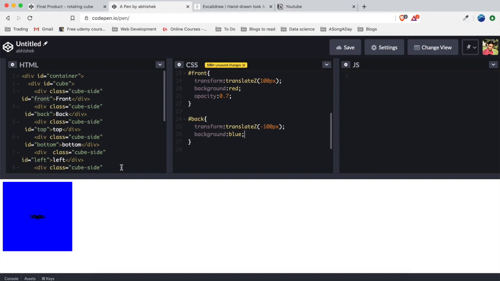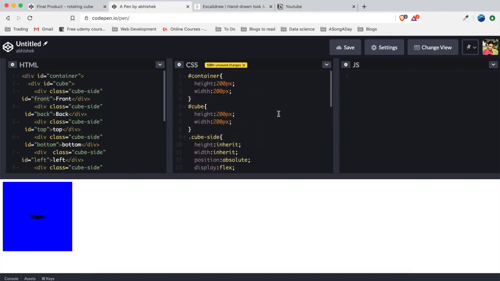To make it into a 3D object, what we have to do is we have to put here transform-style: preserve-3d. Yeah, see, now front is here only, but still we are not able to see the back screen. The reason for this is that the user and the z-axis are having the distance of 0 between them.